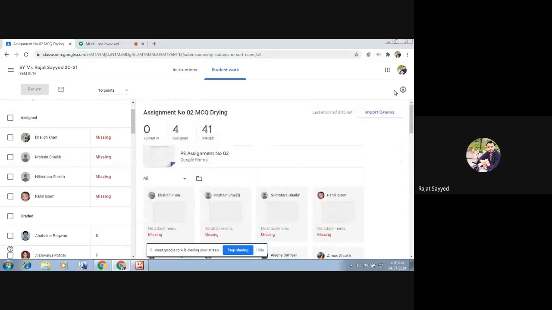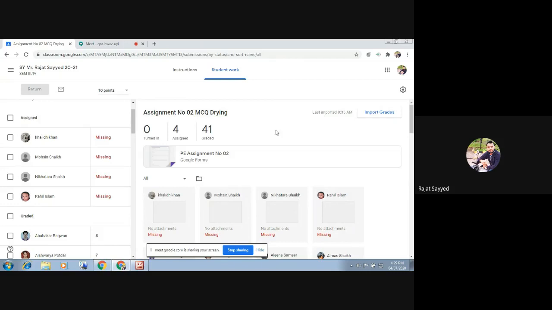One important feature in this grade section is the import grade option, which is available only when you are using an organizational Gmail ID or G Suite. Otherwise this will not display here. Now one more important thing is that we can convert this grade sheet into an Excel sheet.